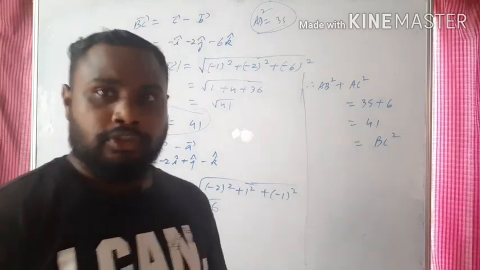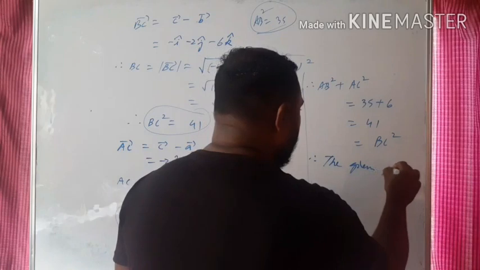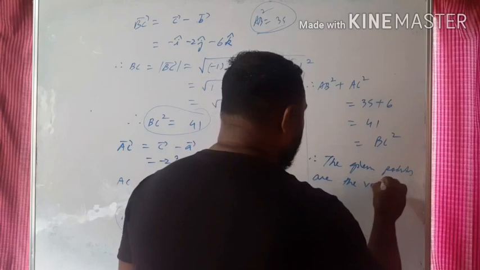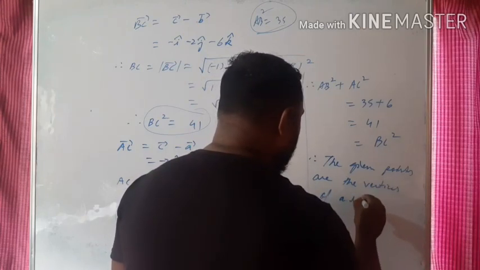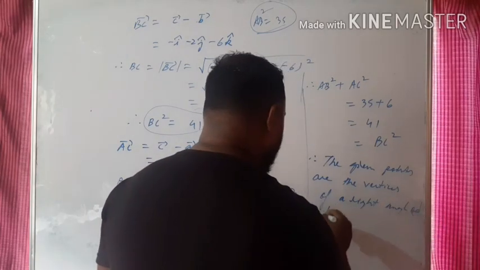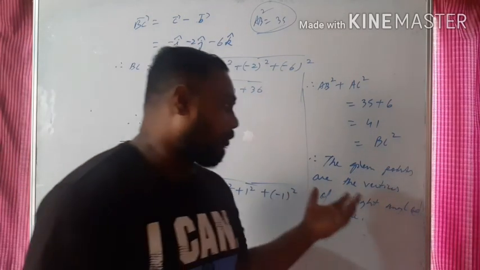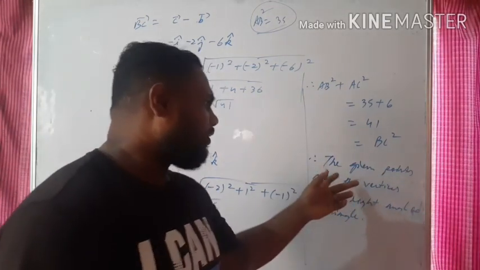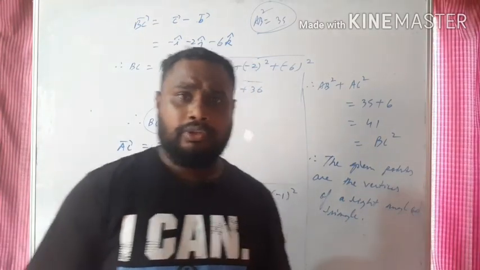Is it clear? So you can write it like this also: therefore the given points are the vertices of a right angled triangle. Or you can write that the position vectors of those points are the vertices of a right angle triangle. Or you can just write like this also, the given points are the vertices of a right angle triangle. So this is the proof. So we have done